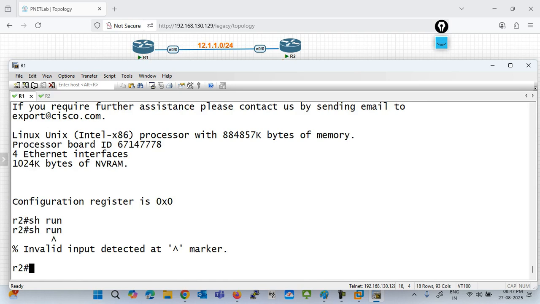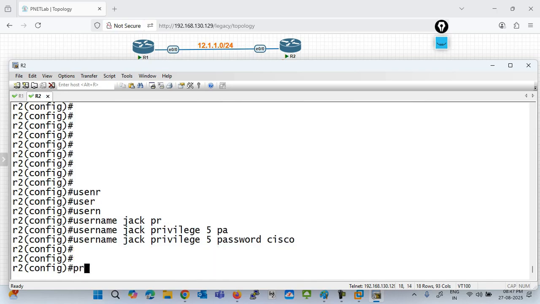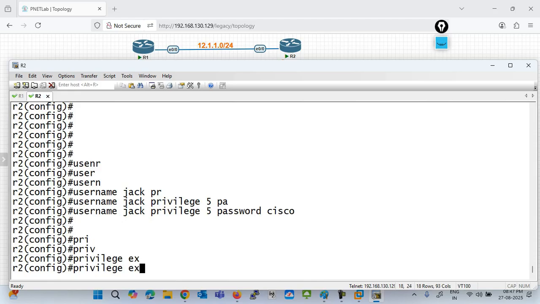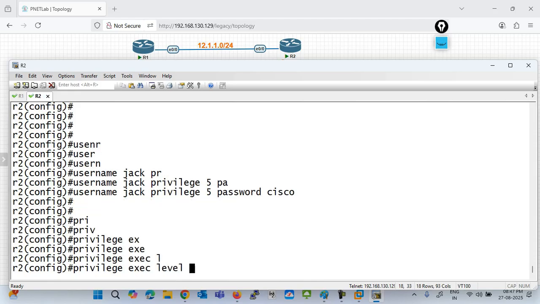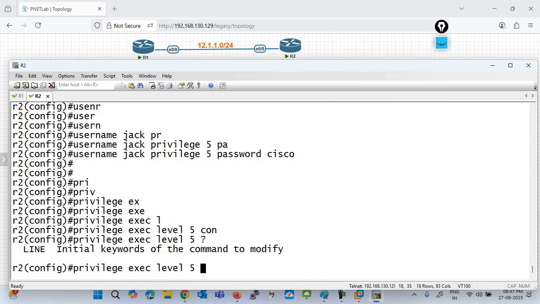So what we can do after that, we can move here, and now we can use privilege exec. Exec means you are talking about enable mode, okay, and level number 5. So in privilege exec level 5, in enable mode, I want to configure. Here you can define the command. So you have to define the command here, right? So the command is